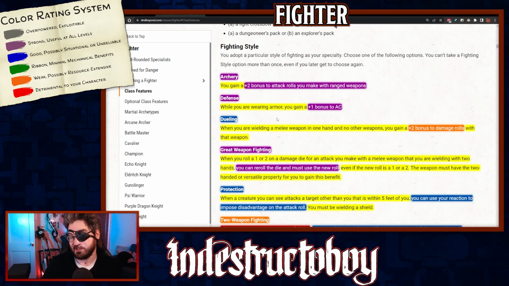Dueling. This one I've rated as a blue because I just don't think that this one is going to be all that impactful compared to other ones. When you are wielding a melee weapon in one hand and no other weapons, you gain a +2 bonus to damage rolls with that weapon. Now, I originally had thought that this one should probably lean in towards orange, but it's really not an orange. A +2 bonus to damage rolls is just not quite as impactful as the bonus to attack rolls,